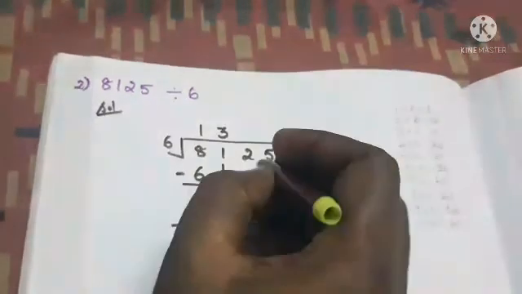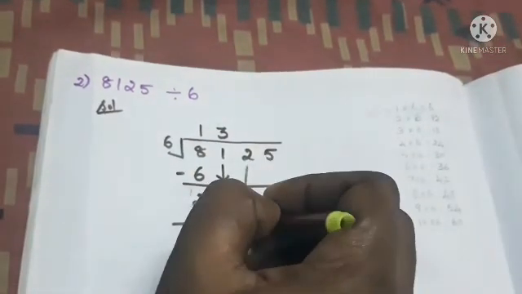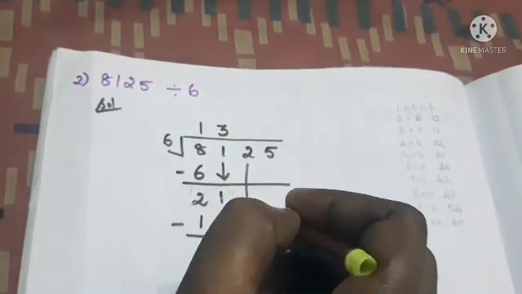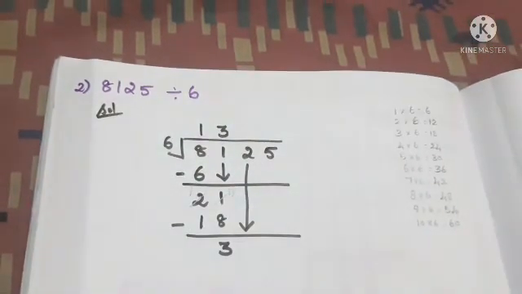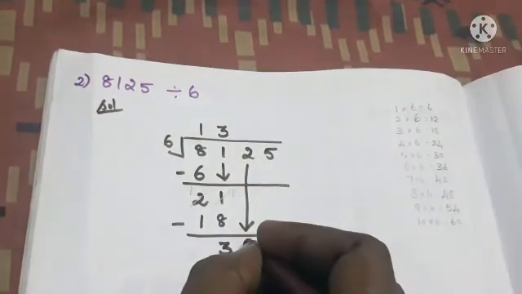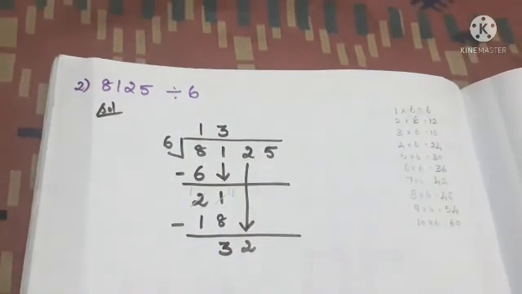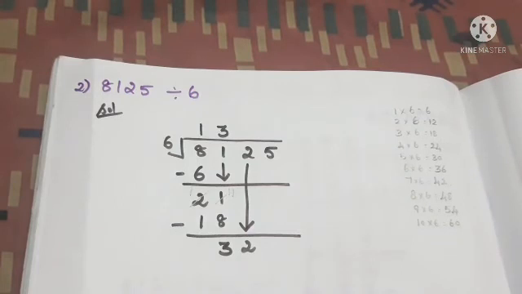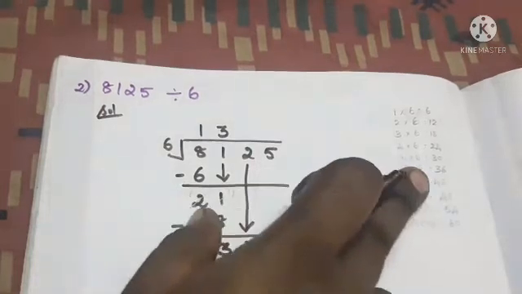Next we have to bring the tens place value down. What's the value we have in the tens place, ma? Yes, we have 2 in the tens place, isn't it? So we have to bring the 2 down. Now 3 and 2 we have. My remainder 3 and the tens place value 2, so 3 and 2 is 32. We have 32 now. Then look at the sixth table.